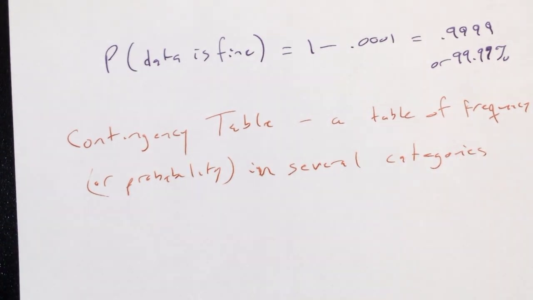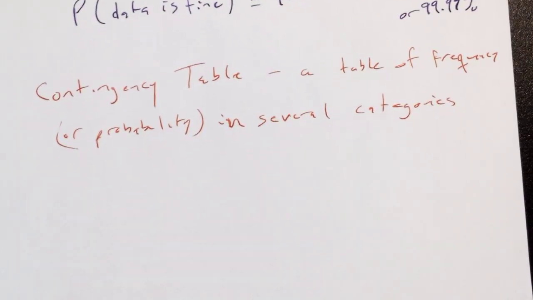A contingency table is a table made up of frequencies or probabilities in various rows and columns across several categories. So I'm going to steal this from page 170,